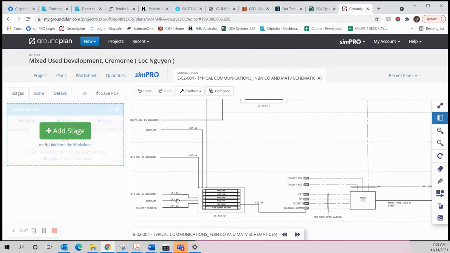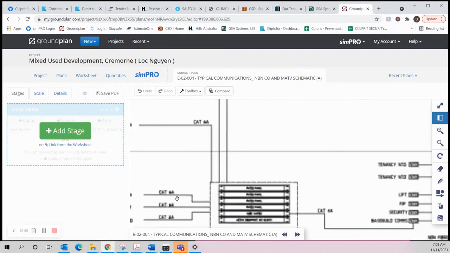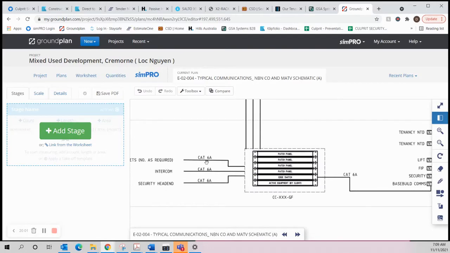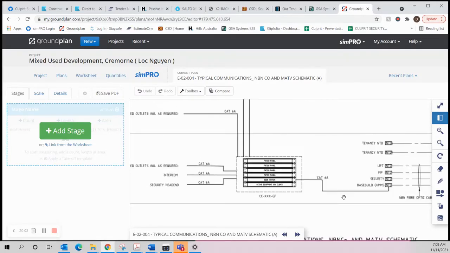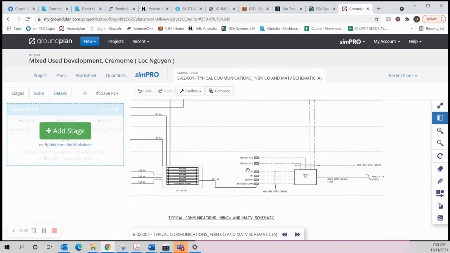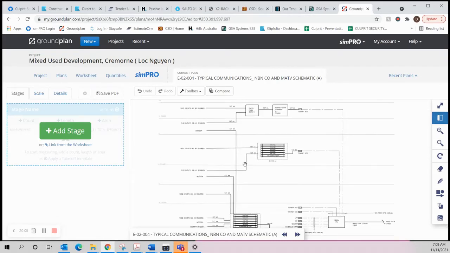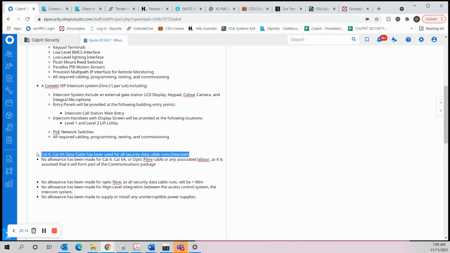So this is definitely Cat6A. You can see that that's very, very clear. Cat6A, Cat6A, Cat6A. And it's communications. Because it's on the communication schematic, we now get rid of this, and we